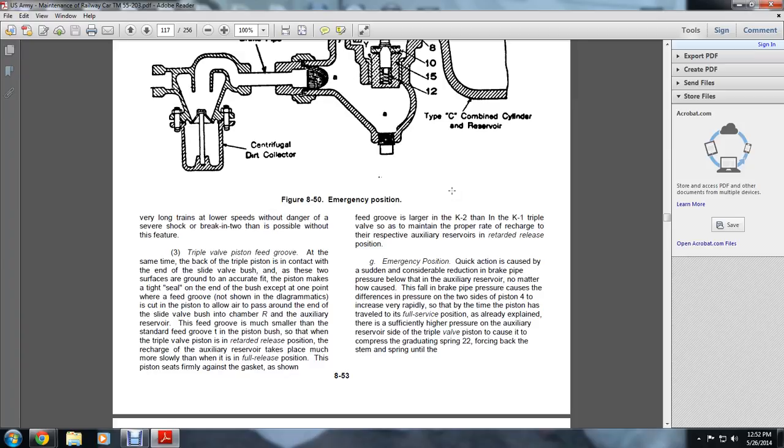G. Emergency position. Quick action is caused by a sudden, considerable reduction in the brake pipe pressure below the auxiliary reserve. No matter how caused, the fall in brake pressure causes differences in pressure on the two sides of the piston. This increases very rapidly, so that the piston travels past the full service position. It was also already explained that the sufficiently higher pressure on the auxiliary reserve side of the piston is to cause